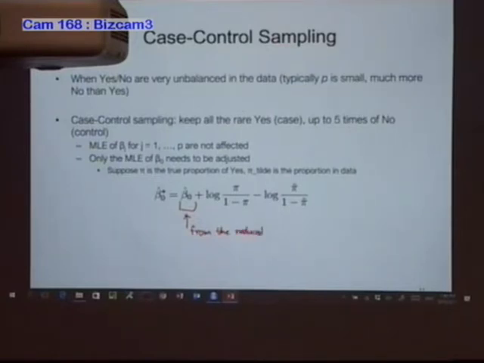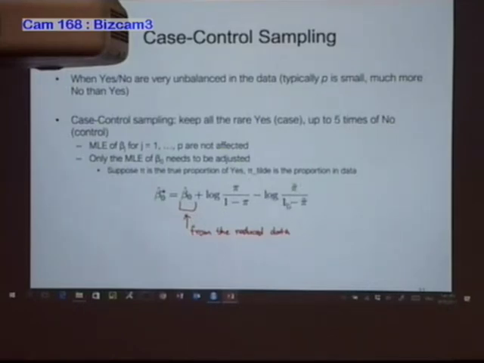After you reduce the data set, you can run your logistic regression and get the beta 0. Right? That's the one you get. That's not the true one. We all know that. We want the true one related to the biased one, but we need to fix that